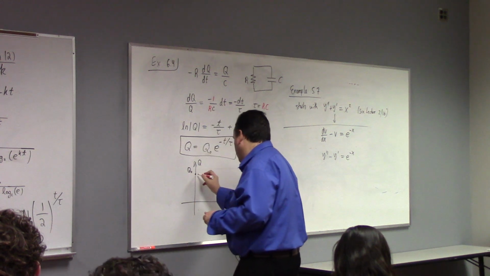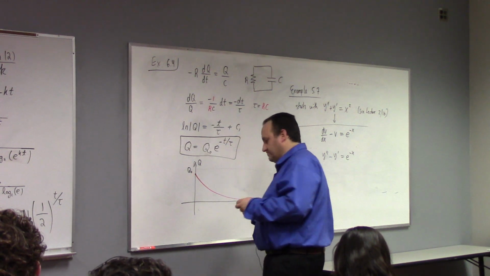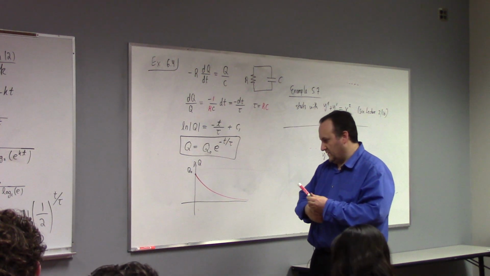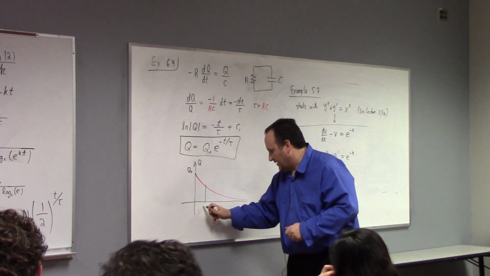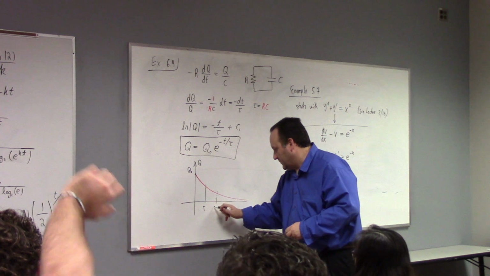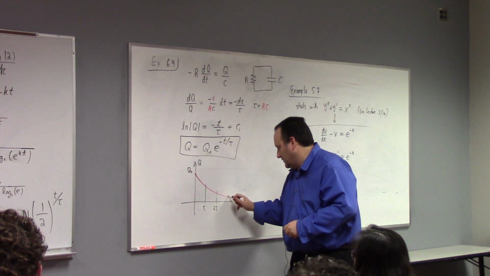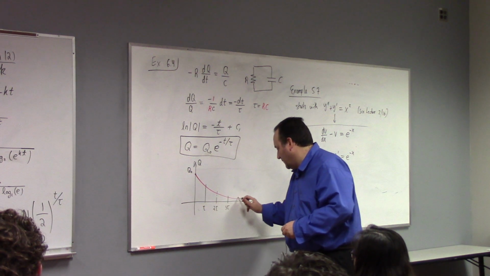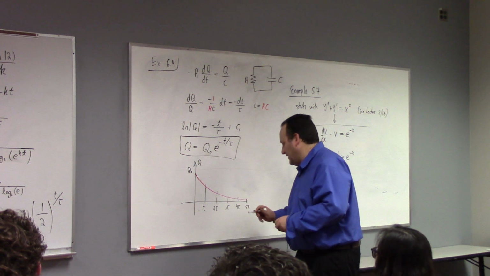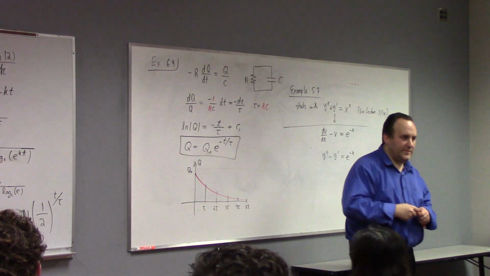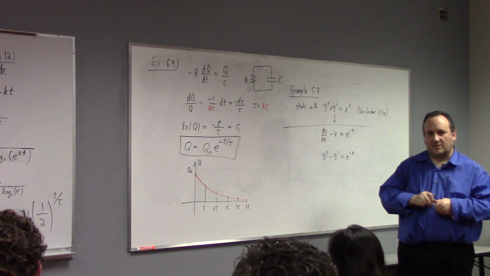And so it looks something like this, all right? So just some fun numerical facts for you. Here's about 1 time constant. Here's about 2 time constants. Here's about 3 time constants, 4, 5, roughly speaking. By the time you're at 5 time constants, you're something like 99% discharged, something like